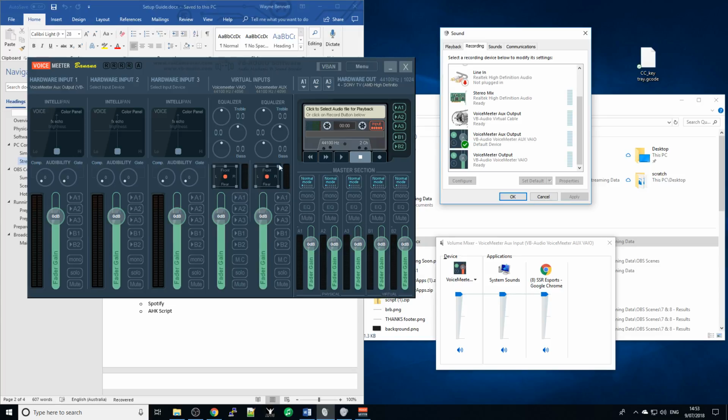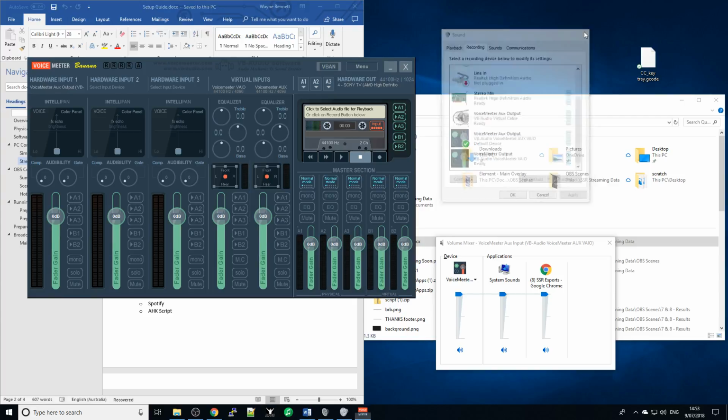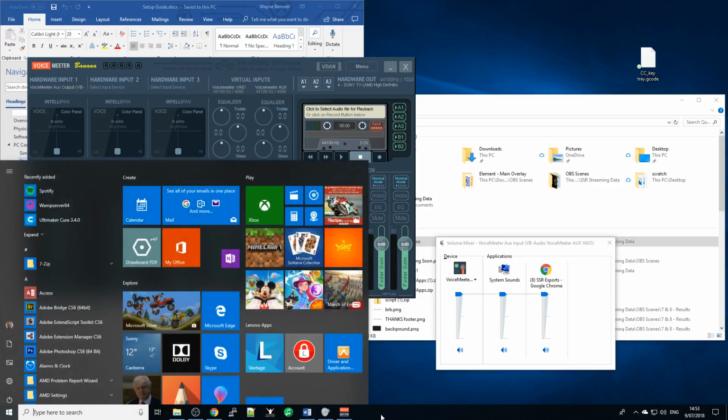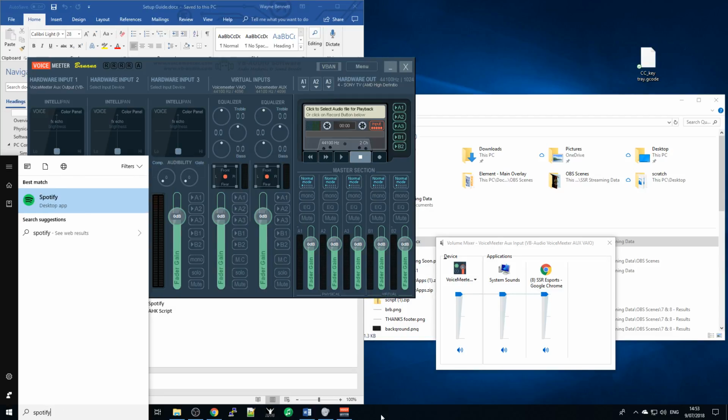So what you need to do in terms of configuring everything is route your inputs to your outputs in Voicemeeter. Our virtual audio cable is going to be our sim sound. Actually, we'll go through what we've got assigned here. We've got our sim input in here, our main input is going to be Discord, and our auxiliary input is going to be Spotify. So if we get Spotify going so that we've got some signal coming into this,